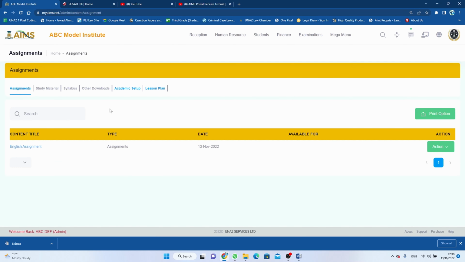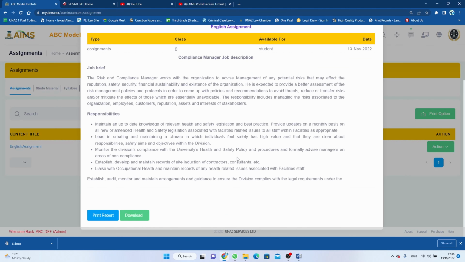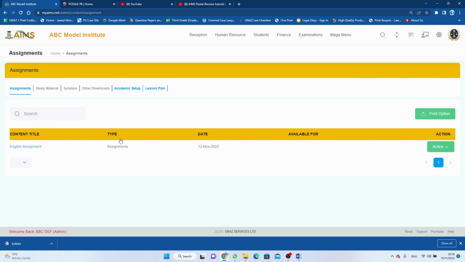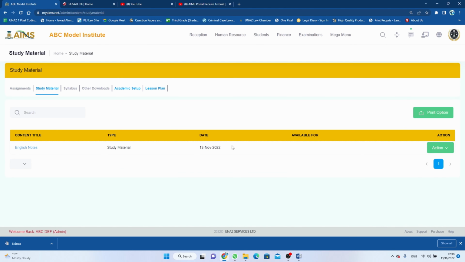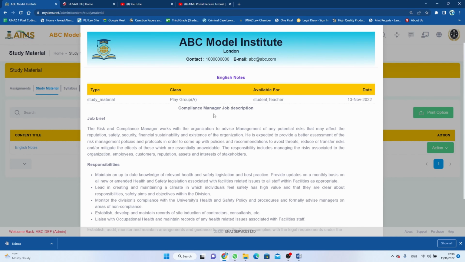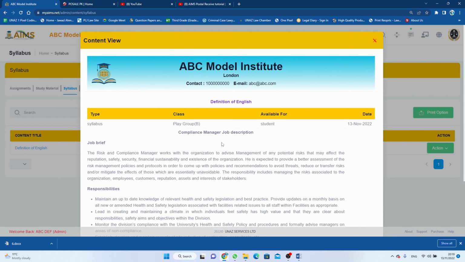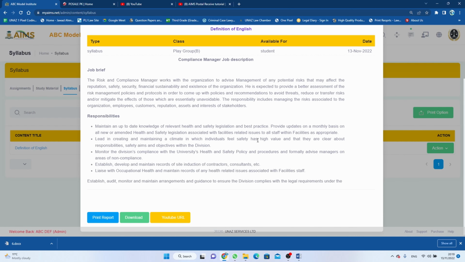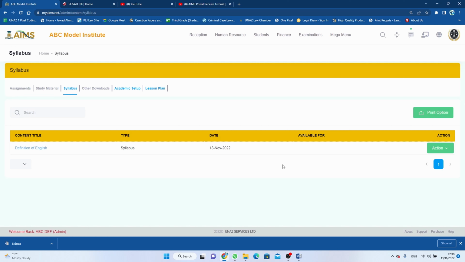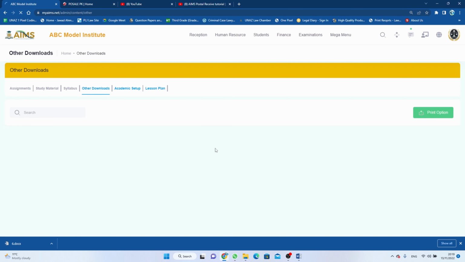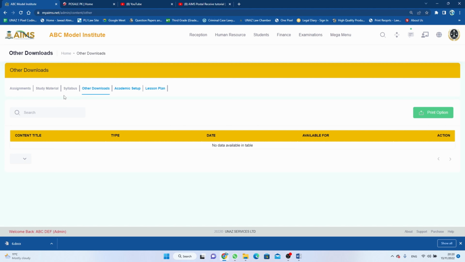So these are the assignments which we already uploaded. If you click on the study materials, that is the study material which we uploaded. You can view it here for playgroup A, and that is the syllabus which we uploaded. If you view it for playgroup B, the same you can print from here and you can watch from here. Other downloads, there is nothing because we did not upload anything for this. So these are the reports